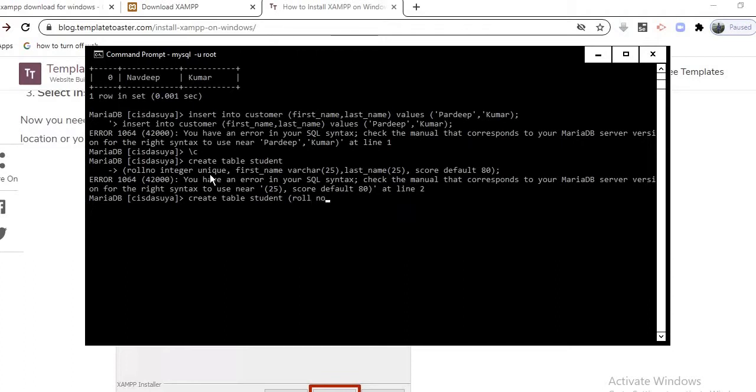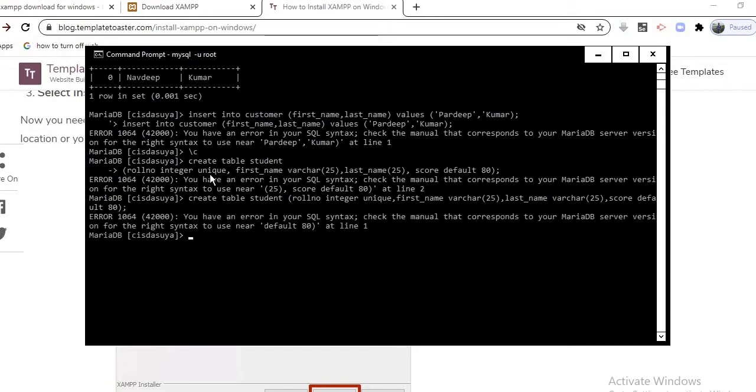First we start with the roll number, integer, unique constraint, first name of student, varchar 25, last name varchar 25, and then finally score with the default value 80. Close this one, put the semicolon on this one.